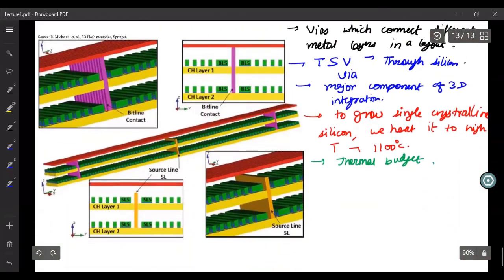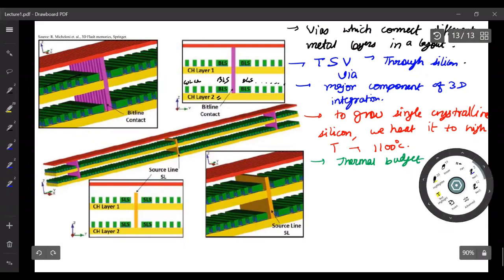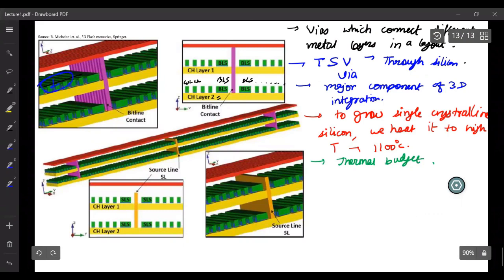So if you look at the 3D structure, you'll see that you have these word lines. These are different word lines of this layer, and then this is your bit line select, and this is the bit line select of the adjacent NAND string. So this is one string. Let's write somewhere that this is one string, this is the second string, this is the third string, this is the fourth string. So you have 1, 2, 3, 4 strings shown over here. These are the bit select line transistors of these 4 strings, and these are the word lines of different strings.